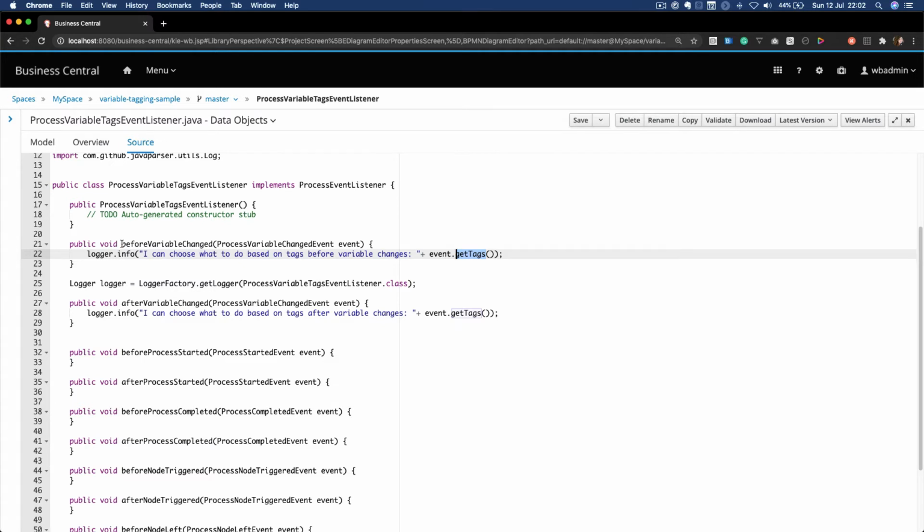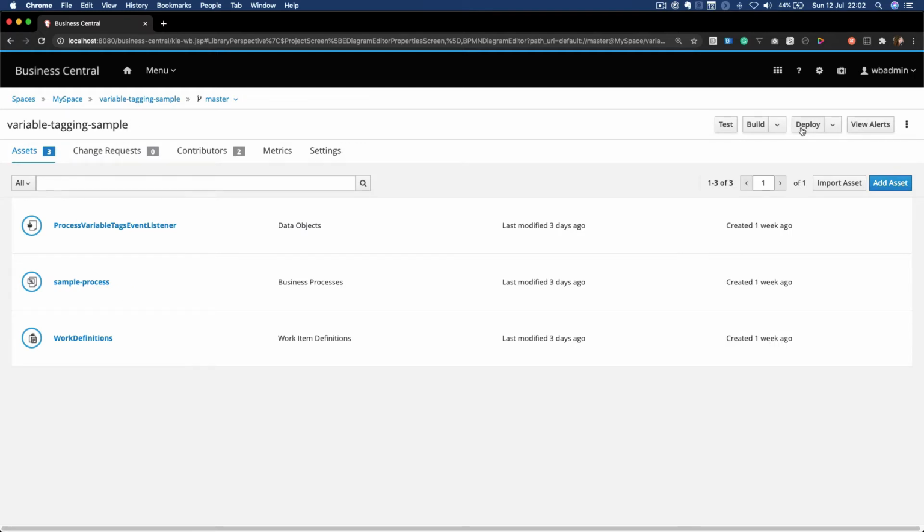And you can check before the variable changed and after the variable changed. Then you can implement, for example, security behaviors where only a specific role can change a specific variable. So let's see this in action.